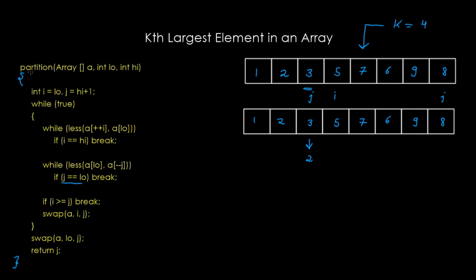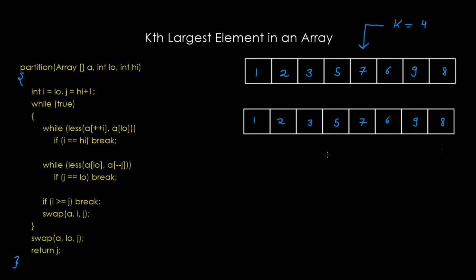Again, the function which called this partition function sees that 2 is smaller than k, and therefore this time it calls this function again such that low is this, therefore our pivot becomes this element. i starts from here, j is here. We start looking for an element which is greater than pivot, and it is this element itself. Then j starts coming down until it finds an element which is smaller than pivot, but again it ends up here, and therefore there is no swap, or let us say that pivot is swapped with itself, and this time the index returned is 3.